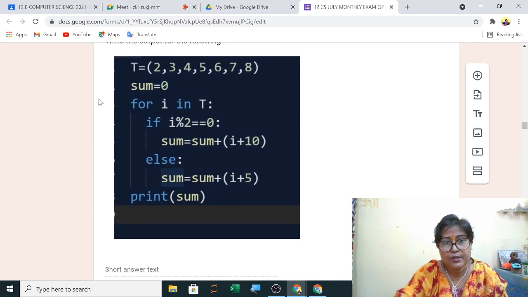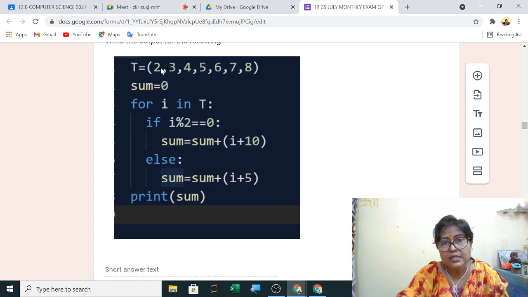Next, write the output. Now here T is having this tuple. Sum is 0. For i in T, one by one value you are taking. If it is divisible by 2, then it is adding 10 and giving to sum, and if it is not divisible by 2, it is adding 5 and giving to sum.